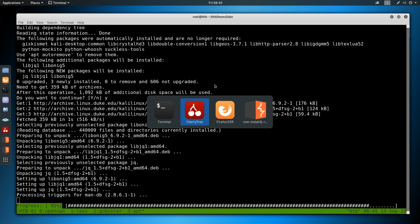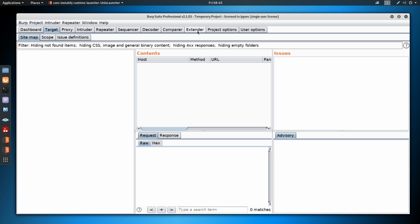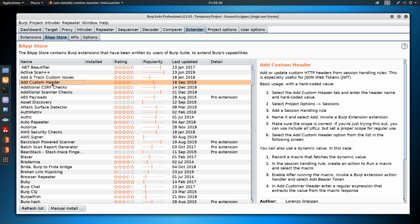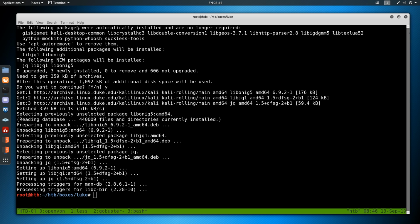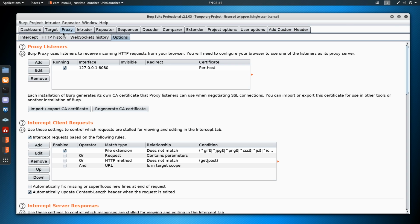You could also go to Burp probably and install an extension to add headers. So I think if we went to Burp's extender, BApp Store, add custom header, and we install this, we probably could do this. So add custom header, authorization, bearer, hard-coded value, like that. And then if we go to the page, I think it'll do that. So if we just go to slash, and then tell the browser to go through Burp, we can turn intercept to off,